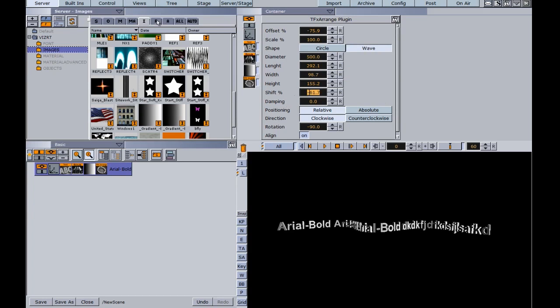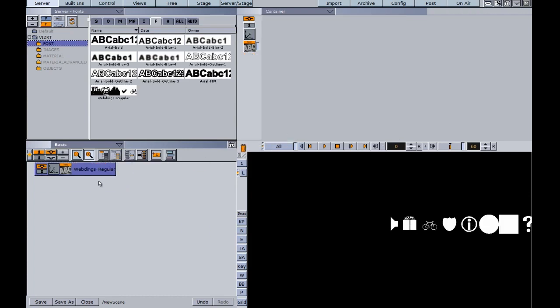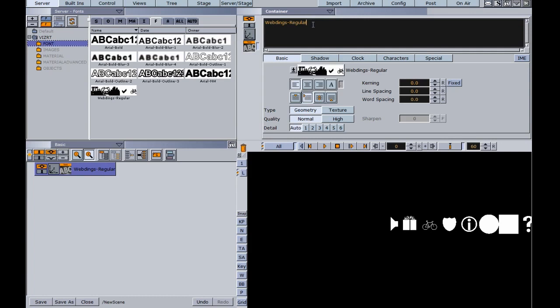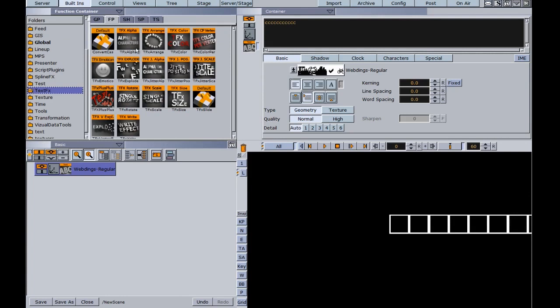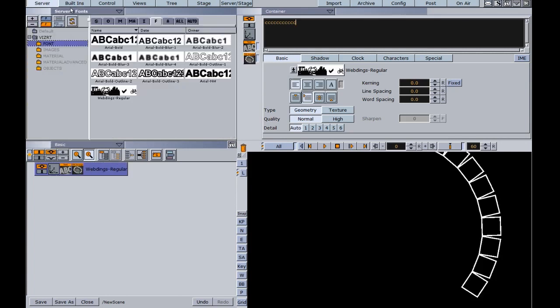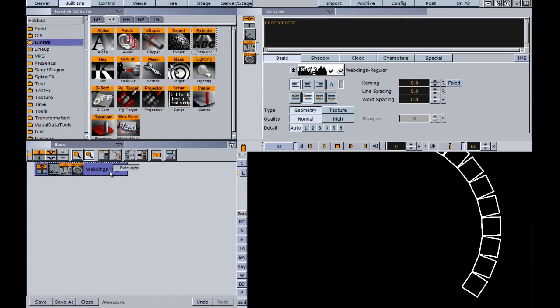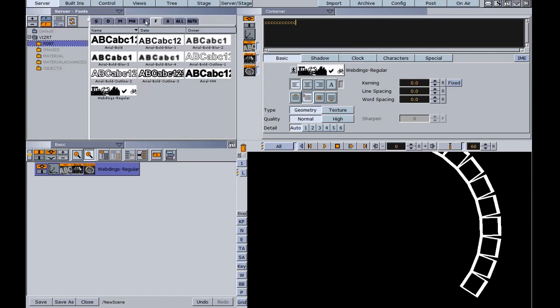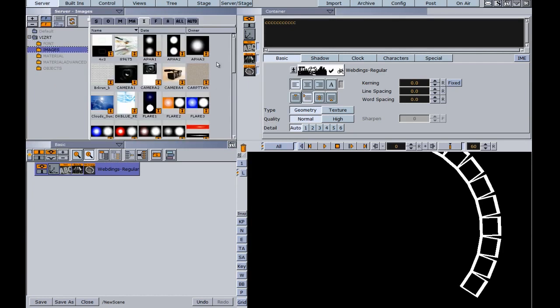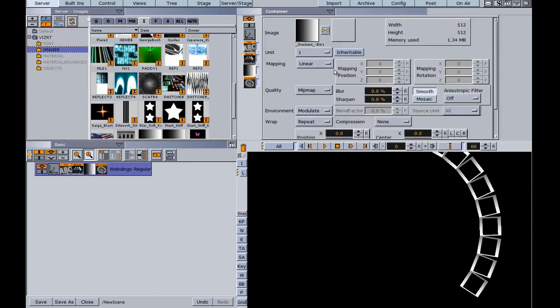Now, what's nice about this is that you don't always need to use fonts that have just letters. You can have a font such as Webdings here, and if we come in here and type in the Webdings, we can create shapes out of this. And if we go back and drop the TFX Arrange on this one, you can see that we can pretty much do the same thing. So we can drop an extrude on this. We'll go into the global folder, and we'll also put some type of image on it so that we can see a little bit better. So we'll use the same image, change this image to reflection,